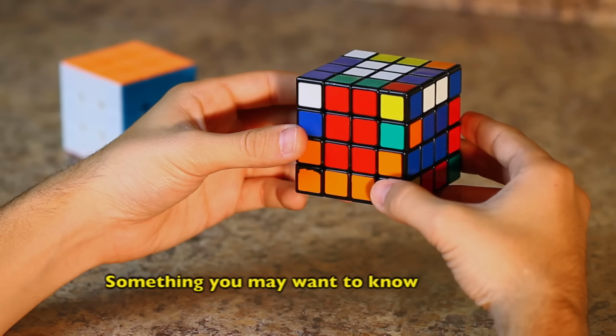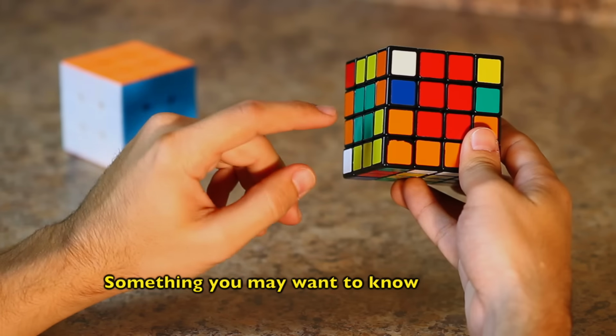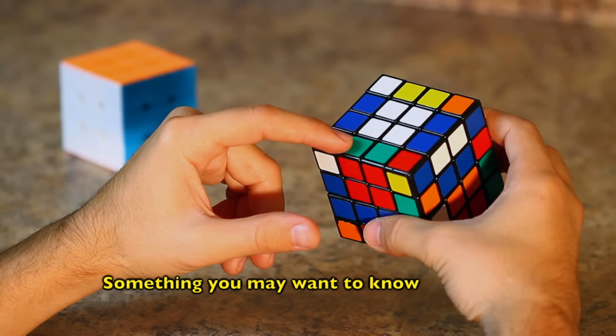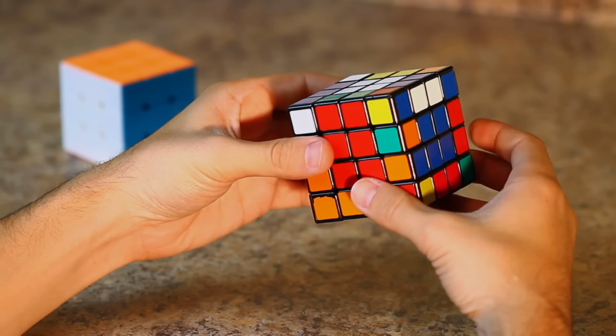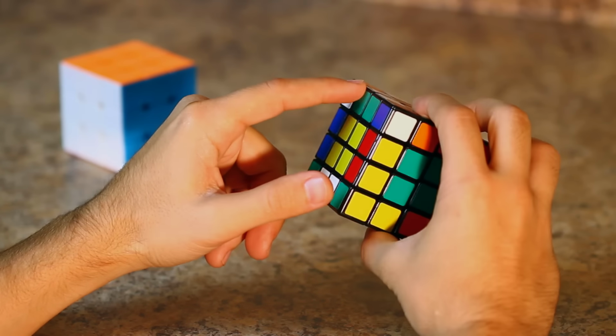Here we have 3 edge pieces left, and we're trying to pair this piece up with this blue and orange piece. So if we were to slice it over, we can't bring it up into the top layer at this point because all of these are already paired up. So if we were to unslice that and then flip over the cube, we'll see that all of these edge pieces are also